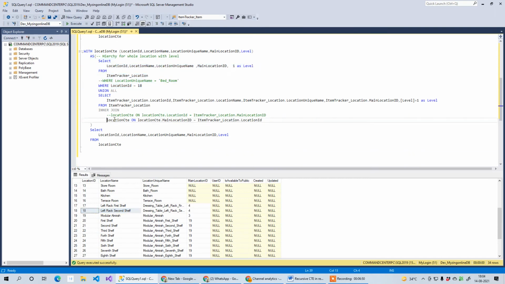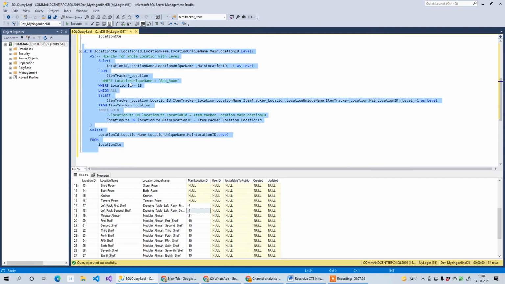And then inside the condition, where we are inner joining it, we need to do a reverse condition too, because before that I was using location CTE with location ID. So this was the main thing. But now location CTE needs to be mapped with main location, and item tracker location becomes the main. So location ID will be used with this. So when you change this condition, it will start using CTE in a reverse order.